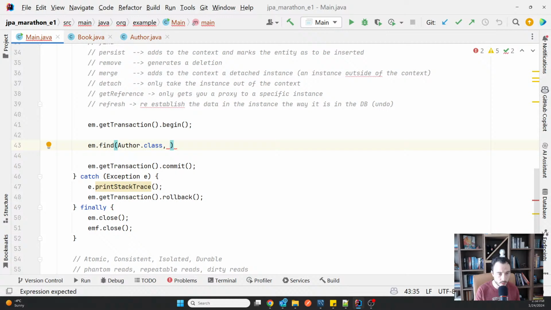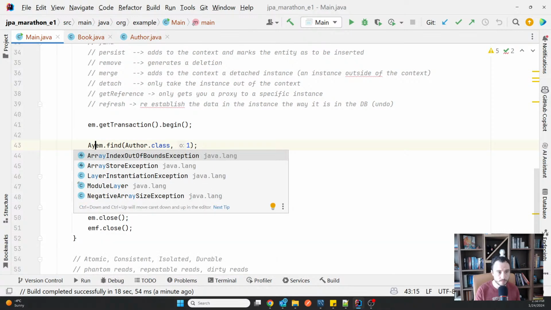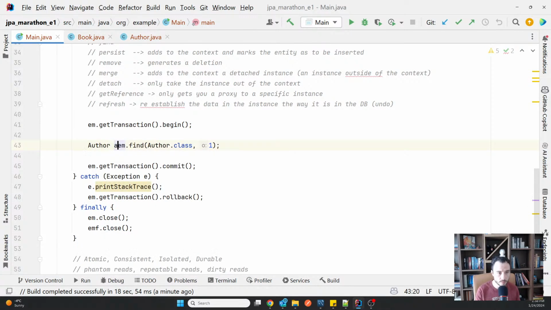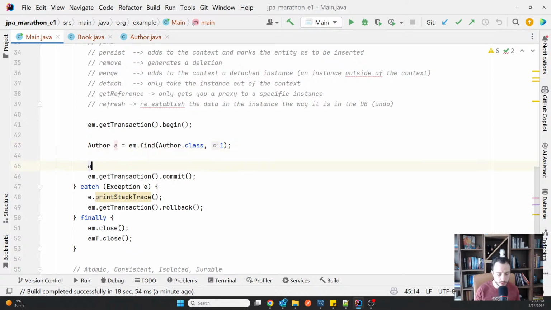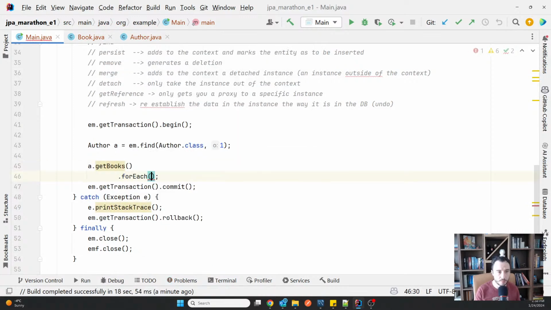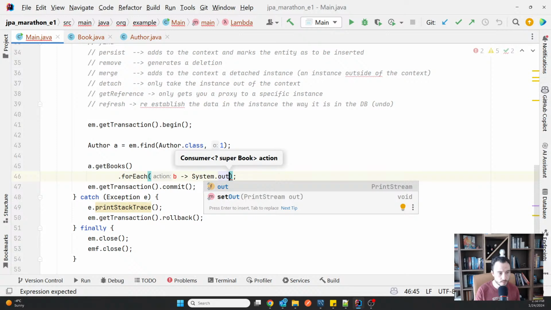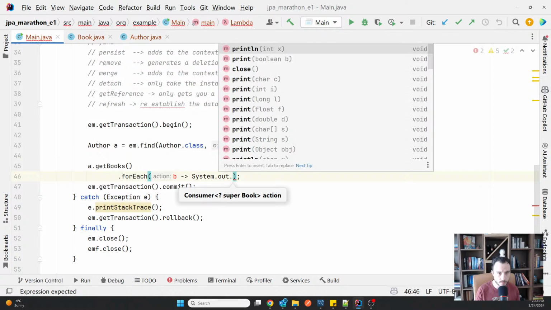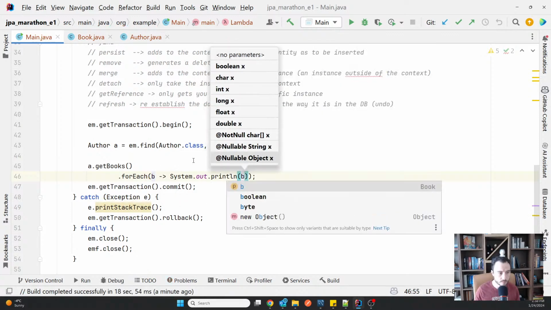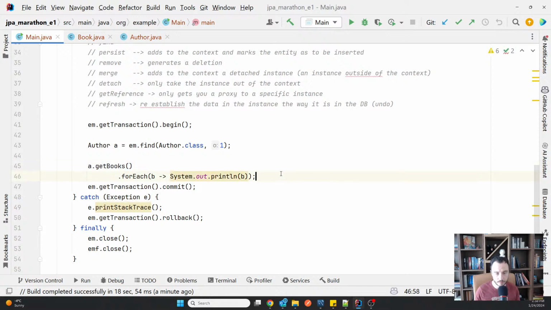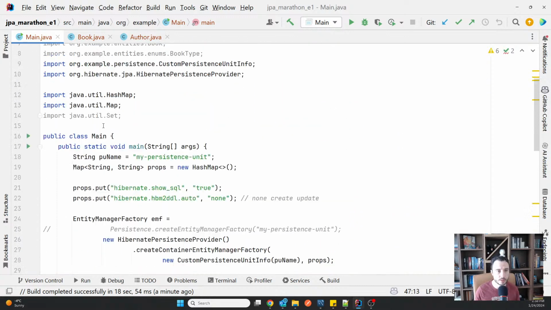Find author with ID 1. And then I'm going to go through the books. I'm going to say get books and print each of the books. Okay, I'm going to print it.